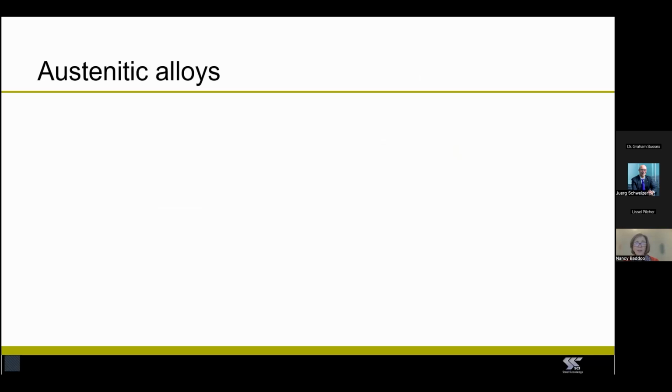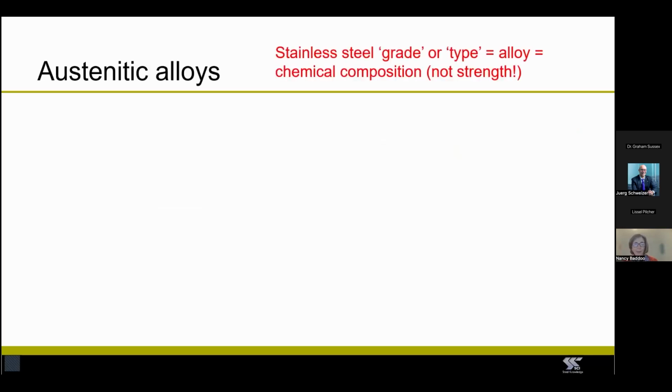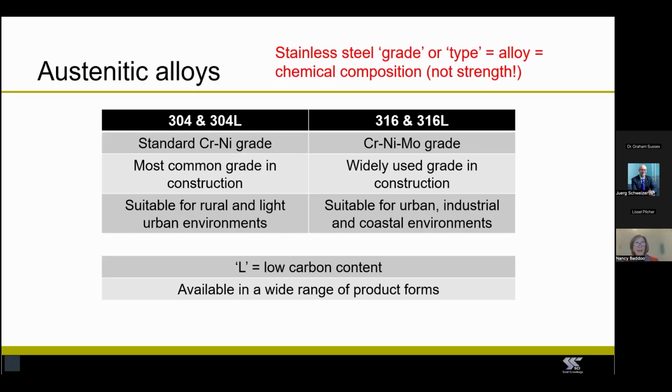So now's the time to introduce you to these alloys in a little more detail. So the first thing I want to say is that when we say the word stainless steel grade or type, we actually mean the alloy, i.e. the composition, not the strength. So let's look at the left-hand side of this table. The standard chromium nickel austenitic alloys, 304 and 304L, they're the most common. They would be very widely used